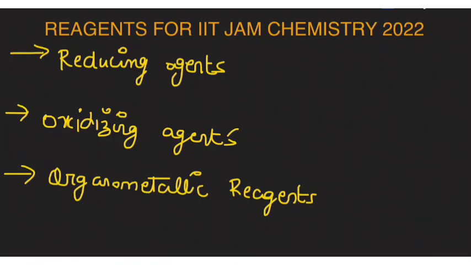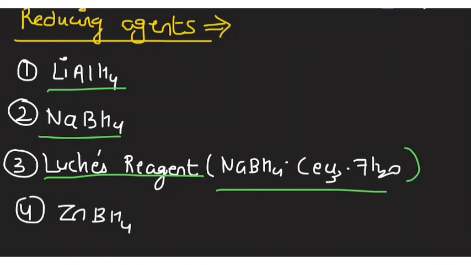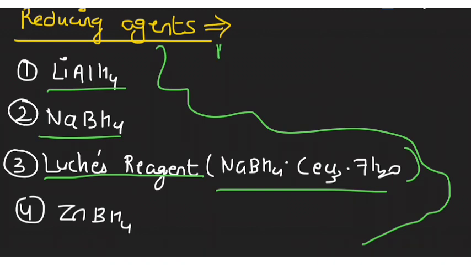Let's get started. So we have three kinds of reagents in our syllabus: reducing agents, oxidizing agents, and organometallic based reagents. Starting with the reducing agents, the most important reagents are LiAlH4, lithium aluminum hydride, sodium borohydride NaBH4, and Luche reagent, NaBH4 with CeCl3.7H2O. Very important. These four are basically nucleophilic hydride